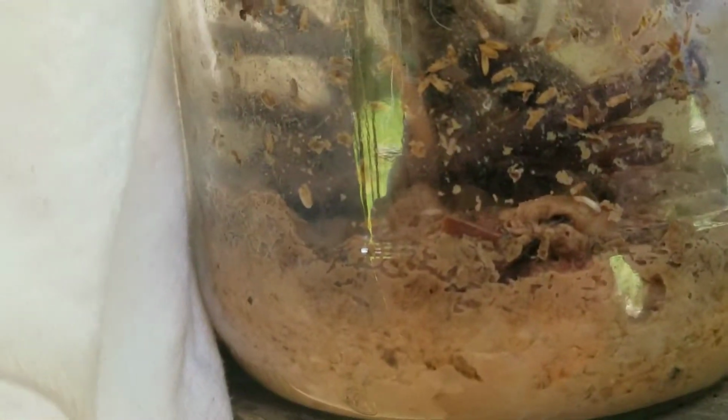Holy crap. Last time I checked on it when I left for camp, there were not this many. Oh my gosh. Look at them all. Oh my gosh. This is gonna be insane, guys. Alright? Get ready, because